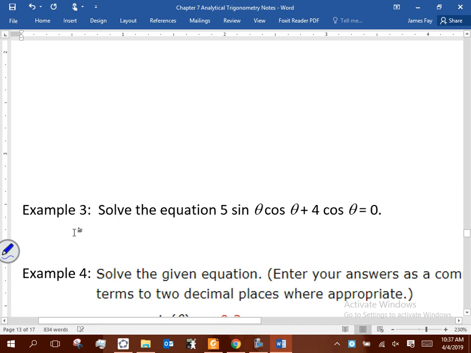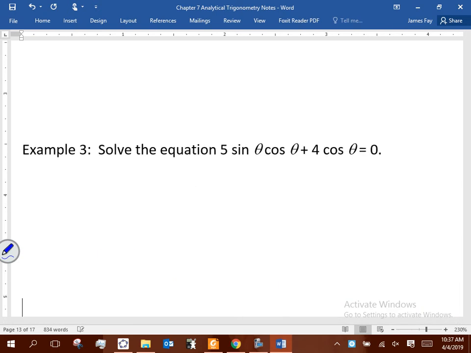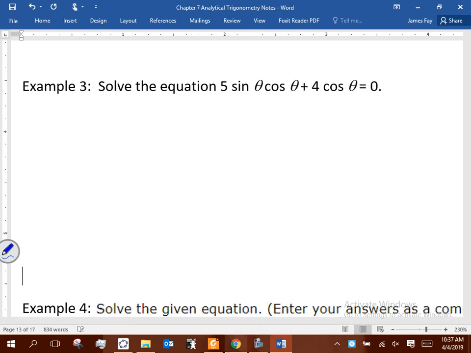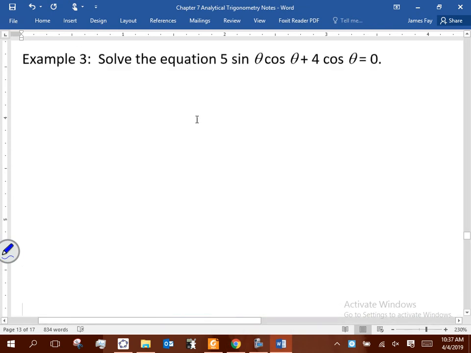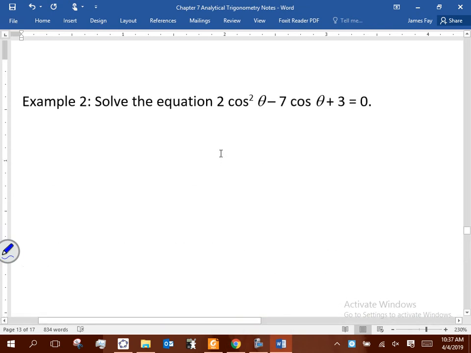It should come probably before example 2, but the solutions that we get, I think, are warranted to come after example 2. So